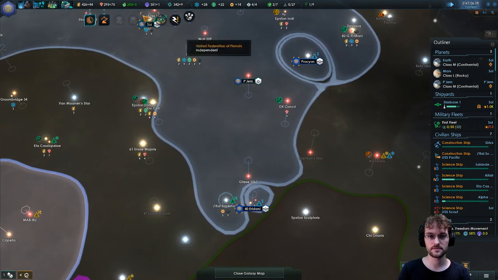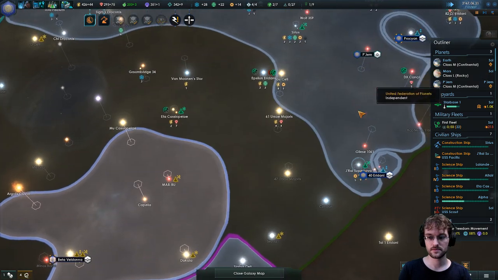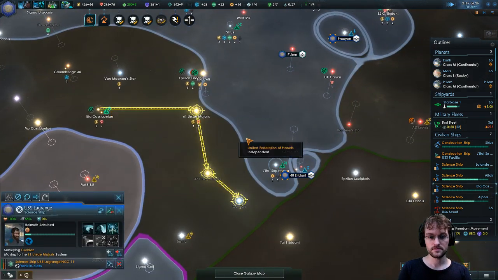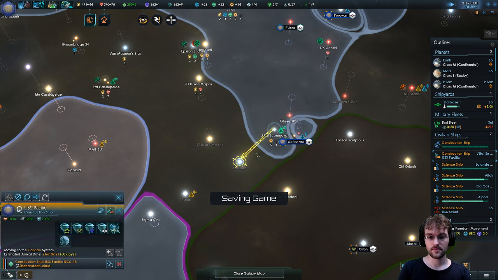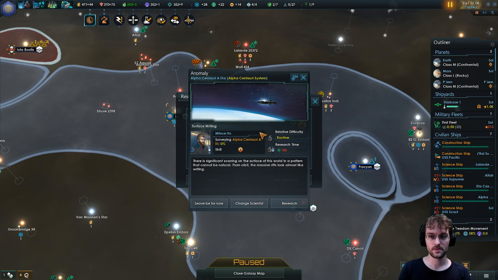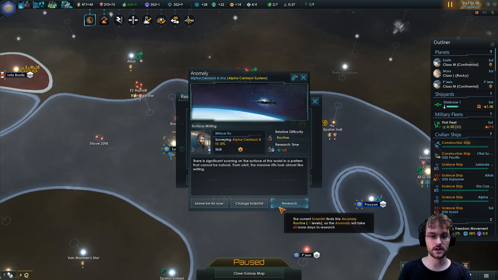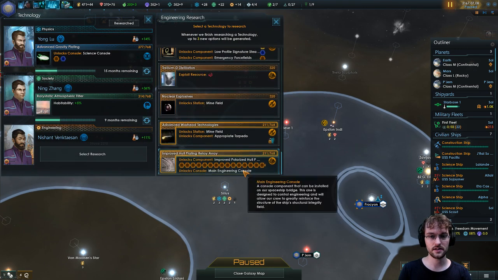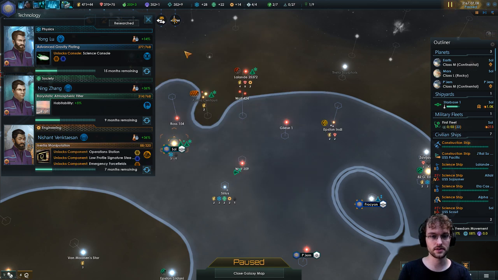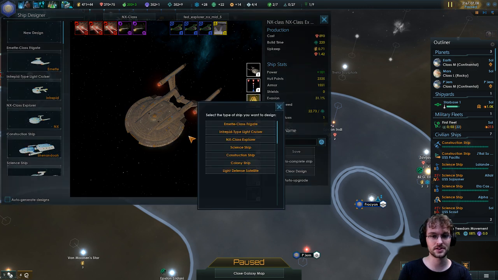Delightful. Initiating communications. Yes. Absolutely. Technology discovered. Okay, there is significant scarring on the surface of Alpha Centauri A3A, in a pattern that cannot be natural. From orbit, massive rips look almost like writing. And we have the NX shuttle pod. It's cool, not amazing, but cool. Inertial manipulation. Let's take a look at this. I probably won't make good use of the shuttle pod, but...